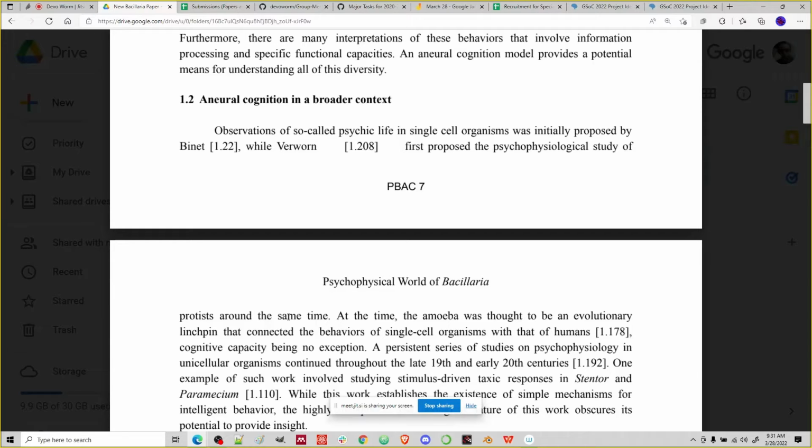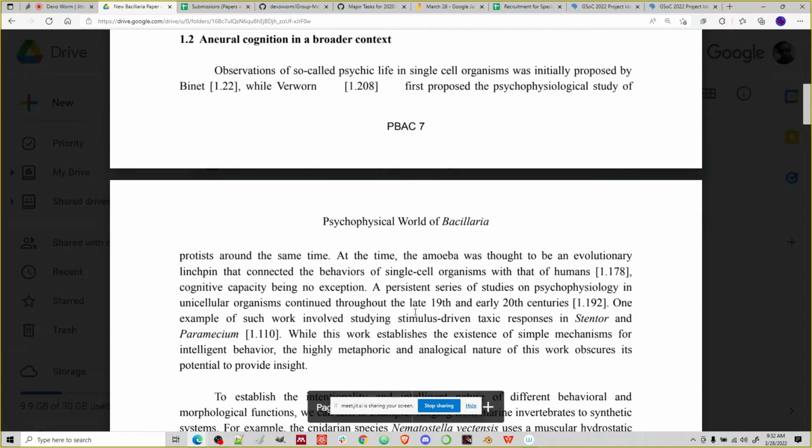It's interesting that you go way back to the 1800s when people were just working with these organisms. There's not really a strong literature on it, and the first thing they say is, well, there's some sort of cognition here. That maybe says there's something there, but it also may say that